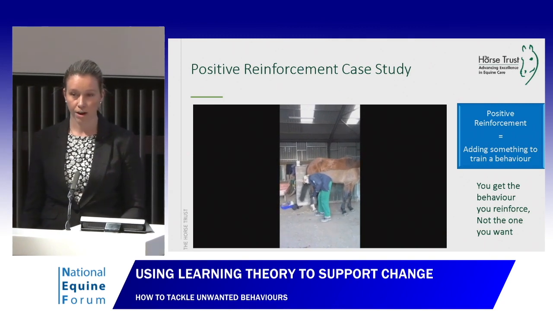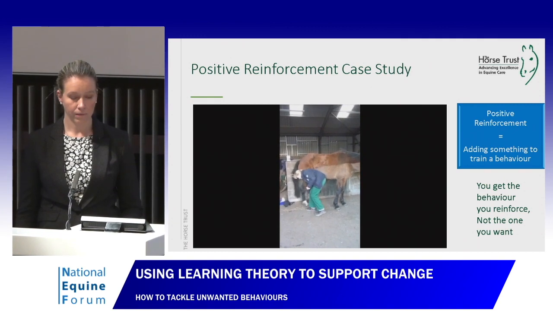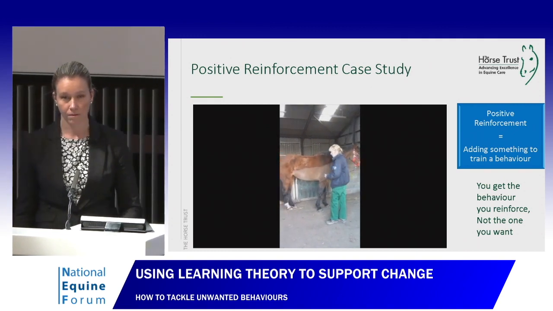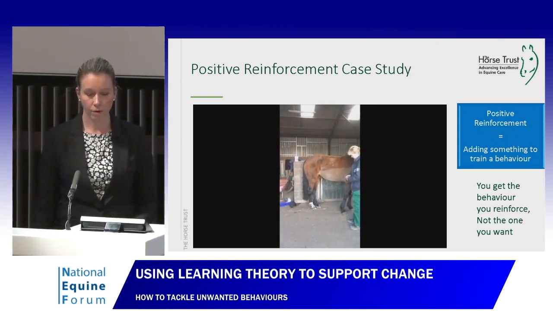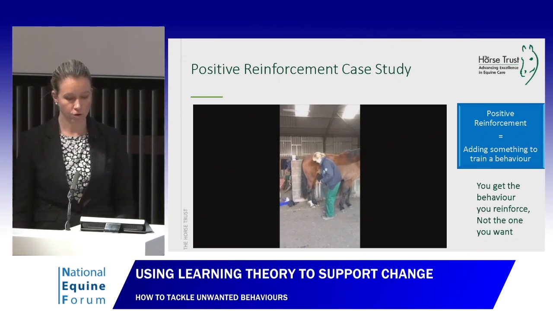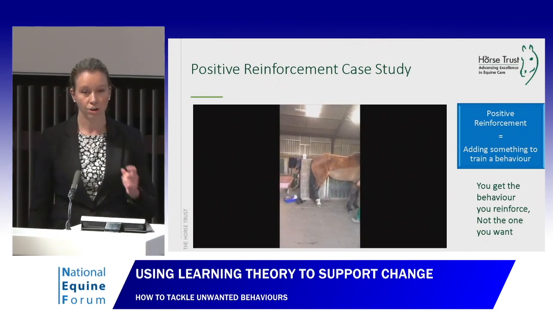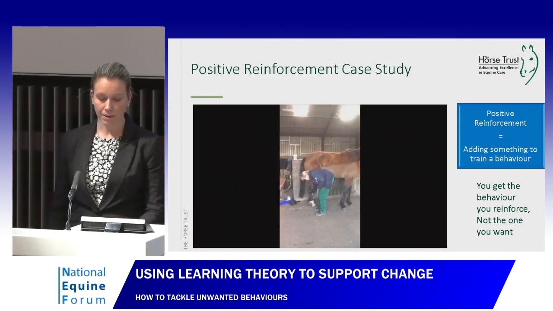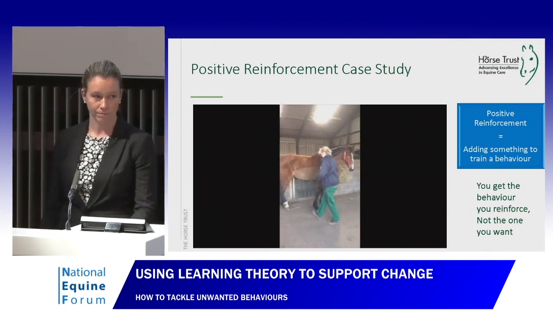So instead I train an alternative. I train her to lift her leg, and the click tells the horse that is the exact moment, that was the correct behaviour, that means you're going to get some food. So we've done a few repetitions at this point. Watch the difference now. She voluntarily lifts her leg, so I immediately click and go, yes, that's what I wanted. And then over time I said, no, not just lifting, you've got to hold it up as well to get the click and get the food.